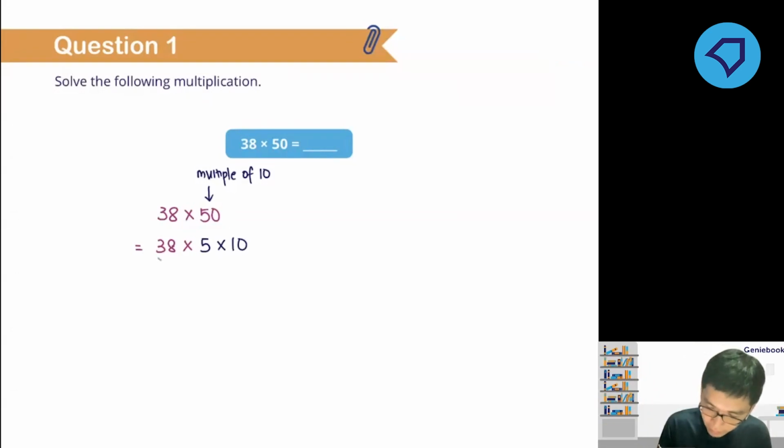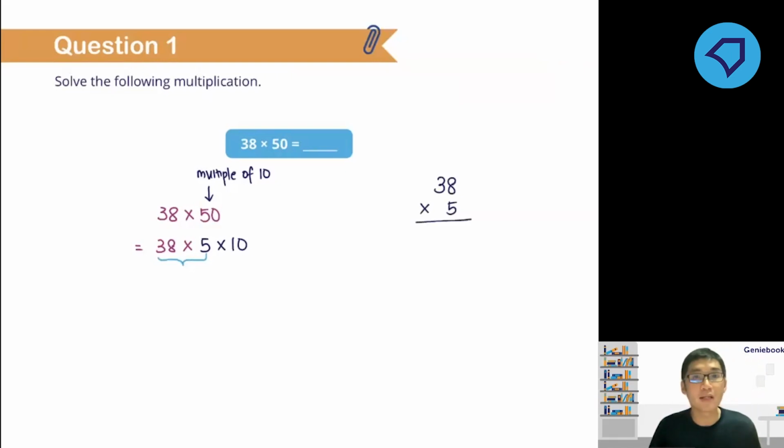let's solve this part first. Let's find out what's 38 times 5. So you can do your working. 38 times 5. So 8 ones multiplied by 5 is 40 ones. All right, so I'll put a 0 here and 4 tens at the top. Then 3 multiplied by 5 is 15. 15 plus 4 is 19. So I'll put down here 19. So I know that 38 multiplied by 5 is